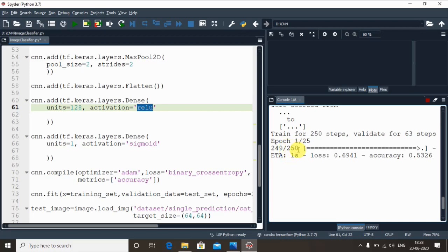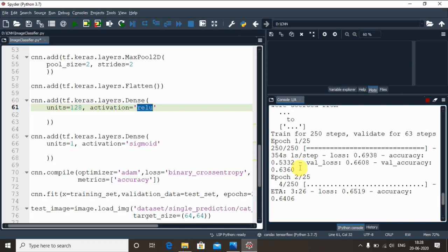I think we are done with the first epoch here. It's taking a little bit of time to go to the second epoch. Let us wait. Yes, done. So now you can see it is done with the first epoch. The accuracy of the model for training was 53.32 and for testing it was 63.60. It's really great, with a loss of 0.6608. In the second epoch, definitely you can expect a lower loss as well as greater accuracy in terms of training and testing. It has already started the second epoch. It will take another half an hour to 40 minutes to complete all 25 epochs.